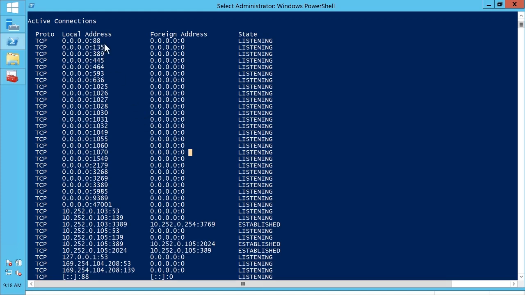For example, Kerberos on port 88, which we can make use of in Windows Server domain controllers as well. So both of those are actually installed. Those protocols are installed when we promote this server to a domain controller,